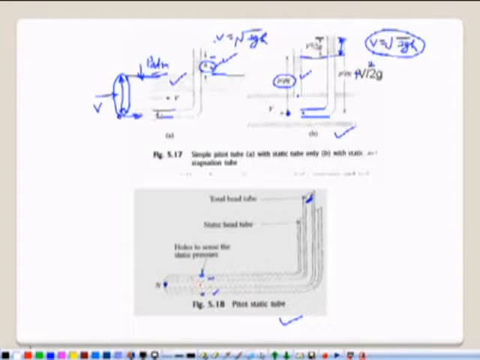These holes will measure static pressure and this hole is measuring the stagnation pressure. So these two tubes can be connected to the two limbs of a manometer, and that manometer will measure the difference between stagnation pressure and static pressure. That can be related to velocity. So with the help of this simple device, which is used for measuring the flow in a pipe, also in a river, for finding out the velocity of an aeroplane, of a ship, etc. This is a device which is used for finding out the speed of an aeroplane or speed of a ship, because in case of the